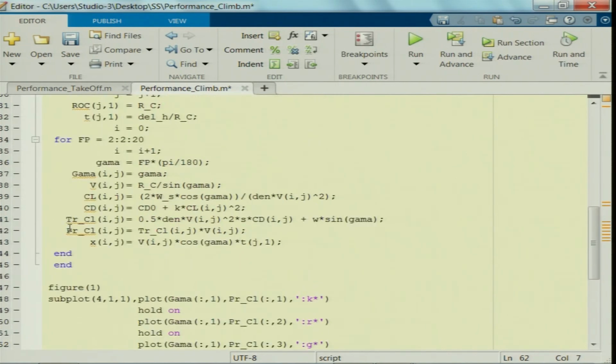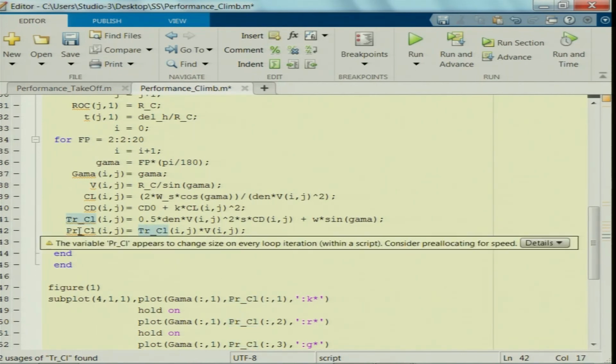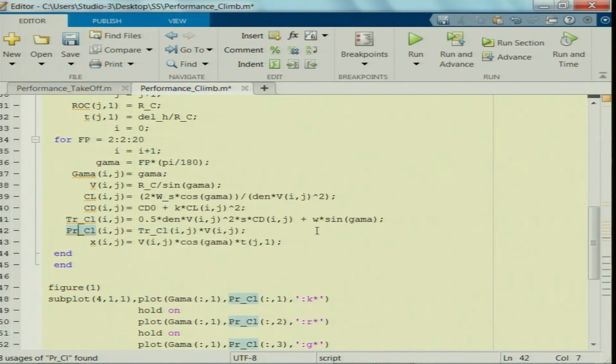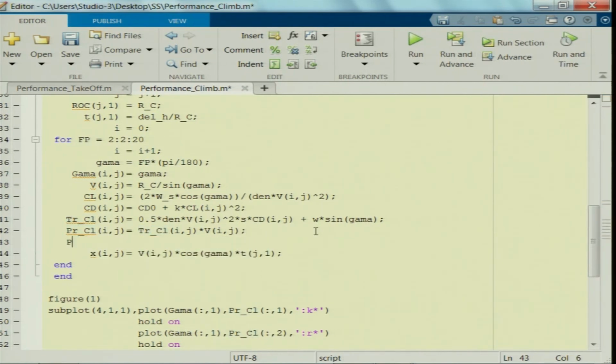This is the power required directly by the system. Can we also divide this? This is power required by the system, so what should be the shaft power available, PS for climb performance, PS underscore CL, let us say?